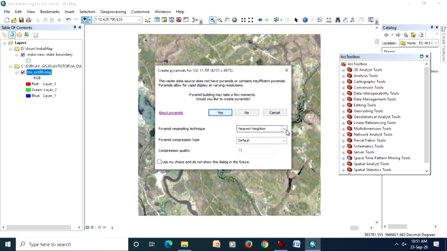Instead of changing these resampling techniques, I go for the default because I don't want to compromise the quality of my image. And what kind of compression I want, again I can choose different file formats. So I am just keeping the default. I can go for LZW because LZW, as you know, is a lossless compression, whereas you also know that the JPEG formats are lossy compressions. So for the time being I don't want that, because my purpose is to demonstrate the efficacy of pyramid.